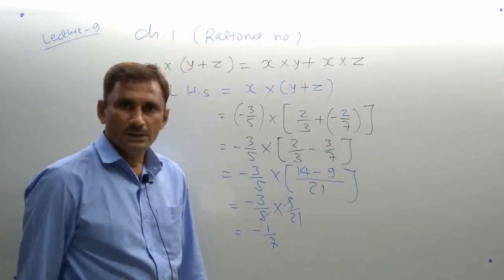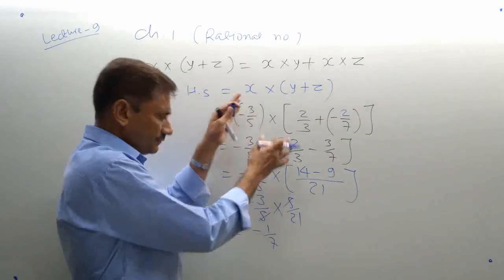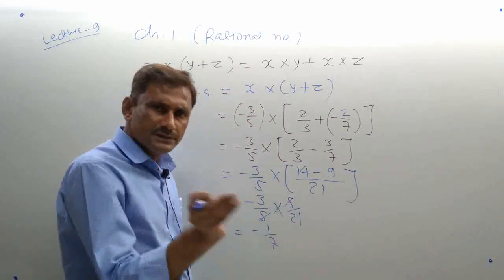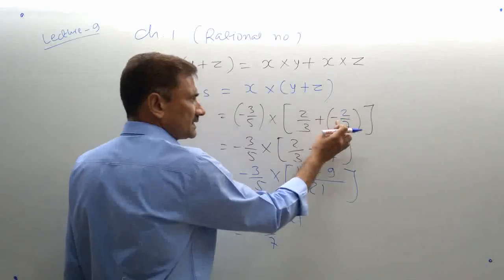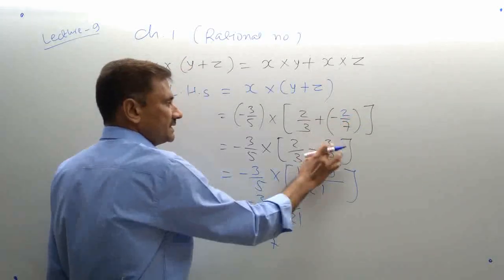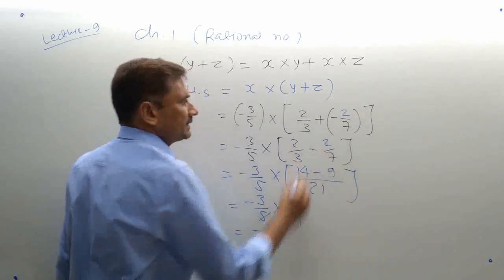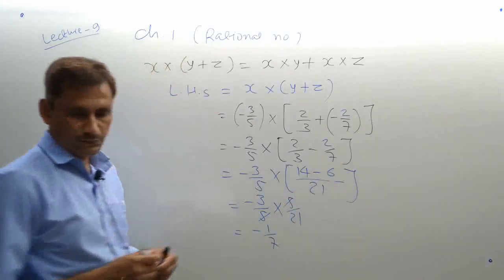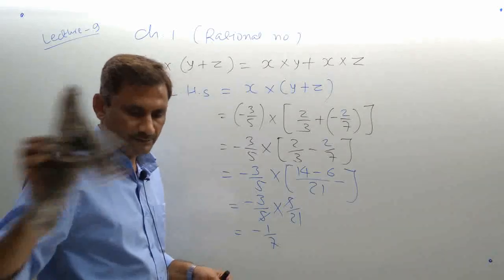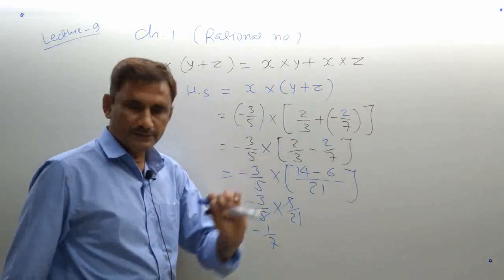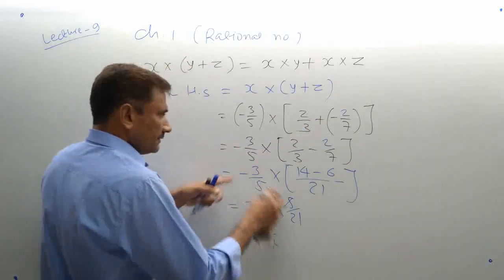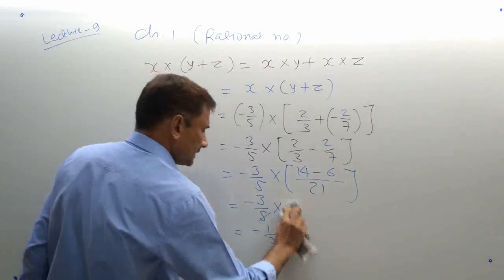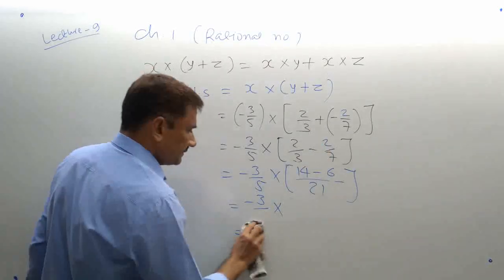Okay. Now we can prove it with another number, but just like a textbook, we just take the same number. Actually, I have written here 3 by 7, so let me correct it accordingly. 2 by 7. So it will be here 6 only. Okay. First number is 3 by 5, meaning minus 3 by 5. 2 by 3 minus 2. Okay. Now it is okay. So it will be the same only. Now 3 2s are 6. So it will be quite different.